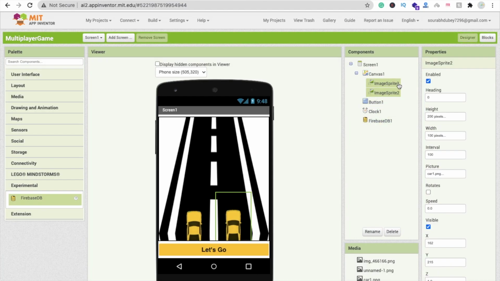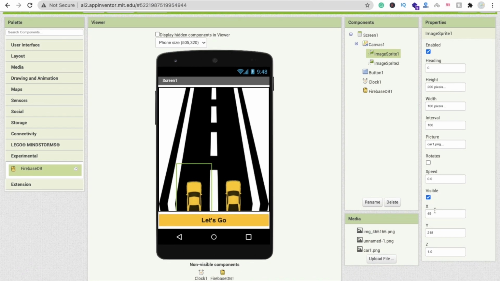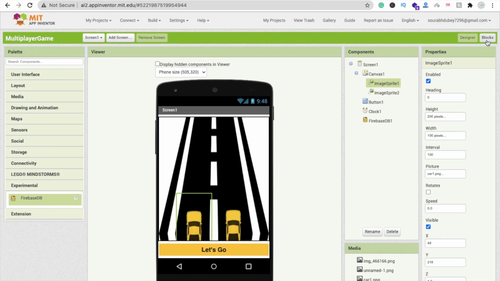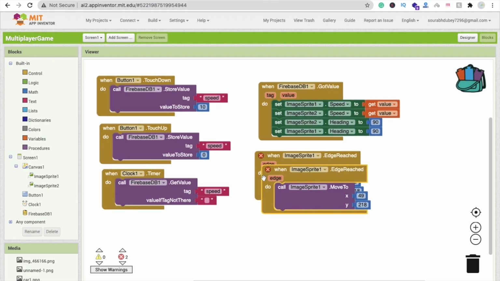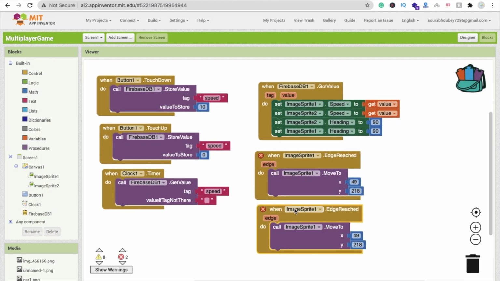Click on image split 1 or 2 anywhere. X value is 49 and Y value is 218. Okay, 49 and 218. It means simply 49, like this. Now just copy paste it again and make it image split 2.